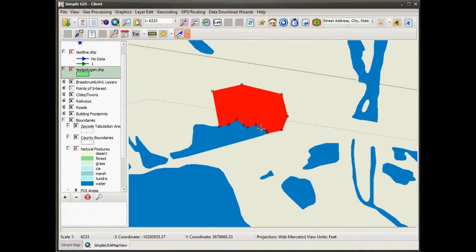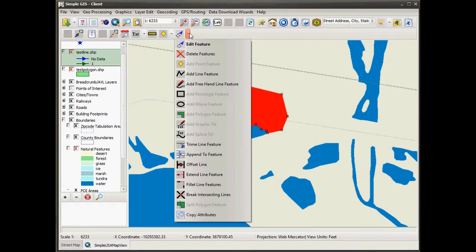So it did not give me the confirmation box the second time. And so again, that's the node move function, and it's just a powerful way to be able to edit features that have common boundaries. So now we're going to move to our line shapefile, and I'm going to demonstrate some